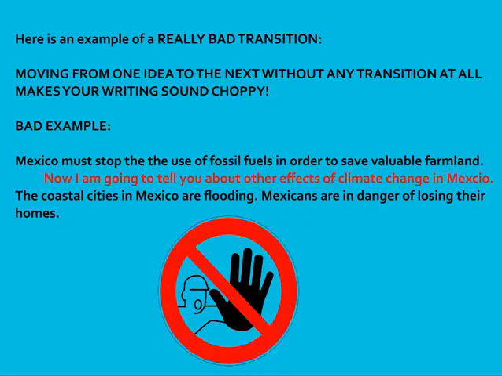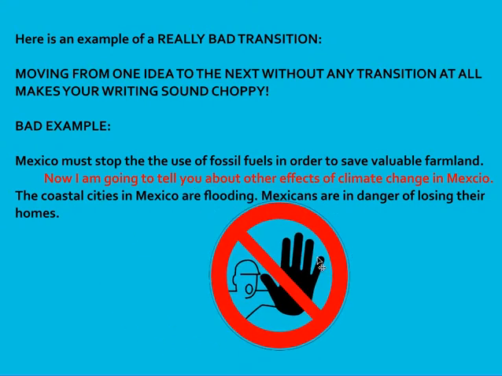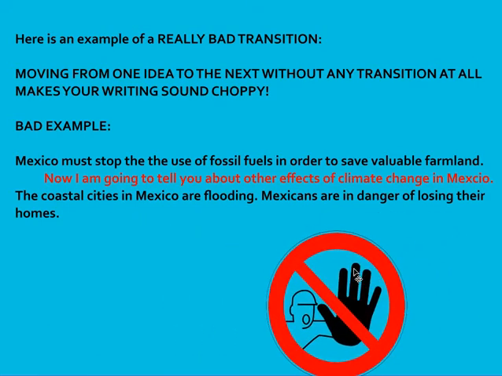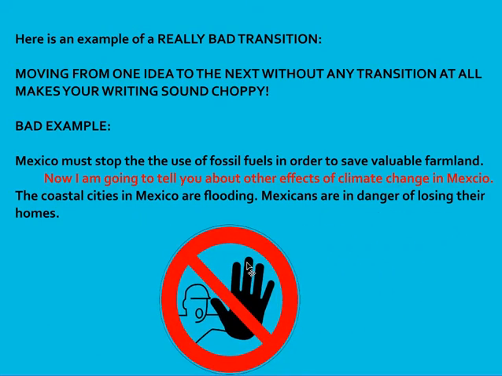This is exactly what you should not do. Here's an extremely bad example of a transition. So Mexico must stop the use of fossil fuels in order to save valuable farmland. Now I'm going to tell you about other effects of climate change in Mexico. The coastal cities in Mexico are flooding. Mexicans are in danger of losing their homes. As you can see,